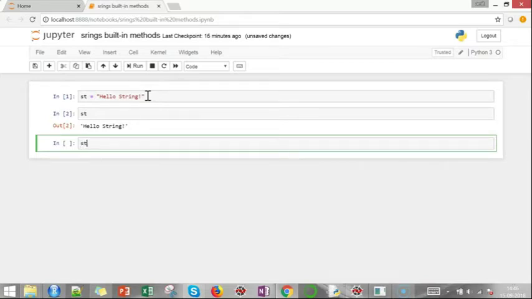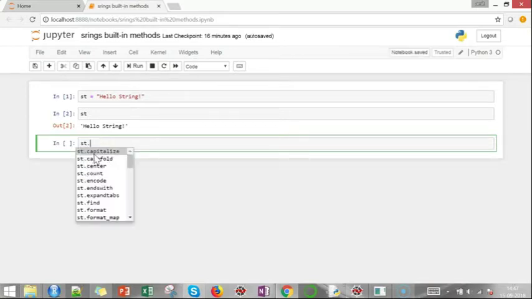Use your string variable st dot, and in Jupyter notebook there is a shortcut to see all the methods available on your object. Right now the object is st, which holds the string hello string. When you put a dot and press tab, you get this drop down, and from here you could choose any method you want to use.